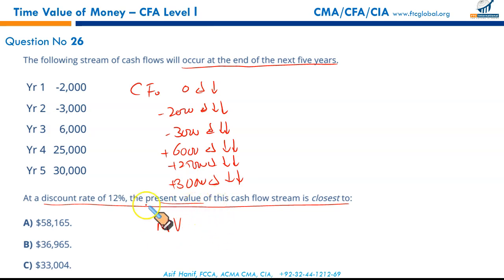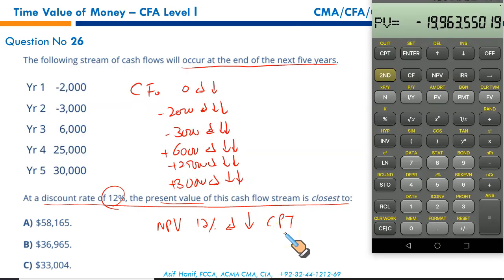System will ask for the discount rate, which is given as 12%. You enter, down arrow key, and press CPT. You will get your present value. Let us do it. This one you can do, of course. The future value will require, let's say if these were the future values, you will have to calculate the future value of each individual cash flow separately. Okay, CF 0, enter, down arrow key. Unfortunately, we have some numbers present.